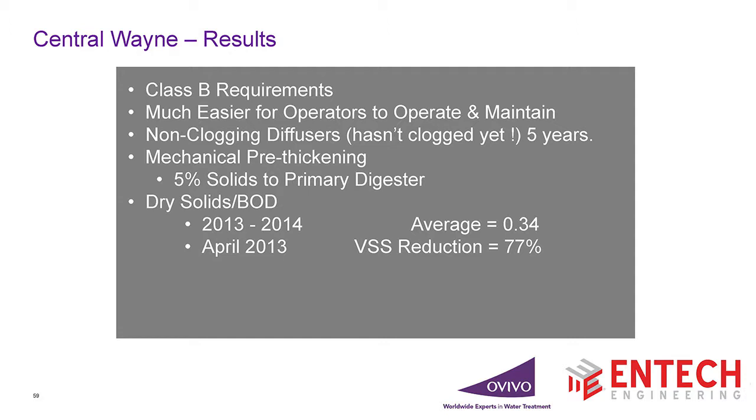And this is the last one. You don't have to listen to me anymore after this. We got our Class B performance, excellent volatile solids reduction. We got the energy savings. We got the ease of operation, non-clogged diffusers. These things haven't been drained in 5 years. We get excellent wintertime operation. We maintain our operation. We have low nitrogen and phosphorus limits, and the quality decant from when we dewater and when we thicken just gives us low nitrogen and phosphorus